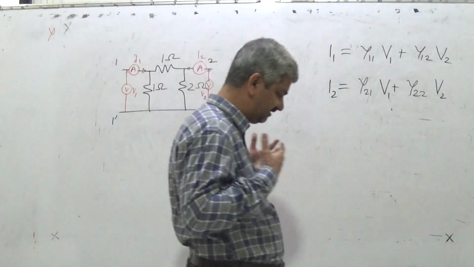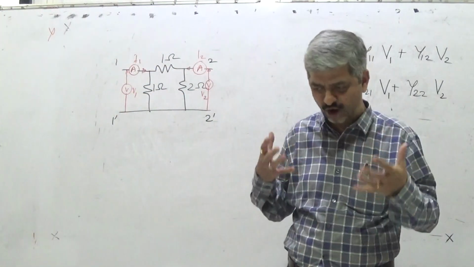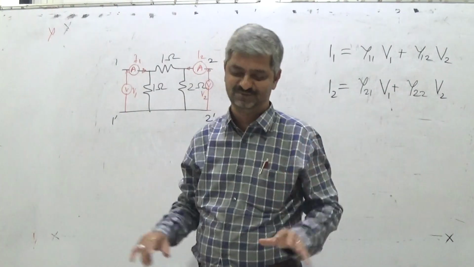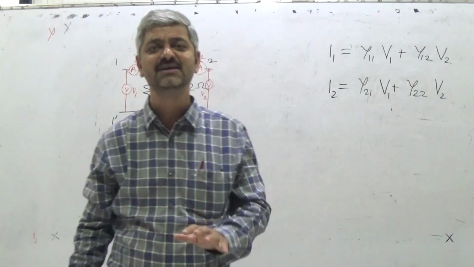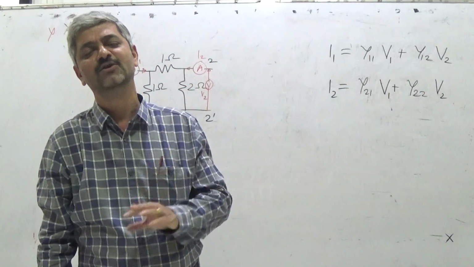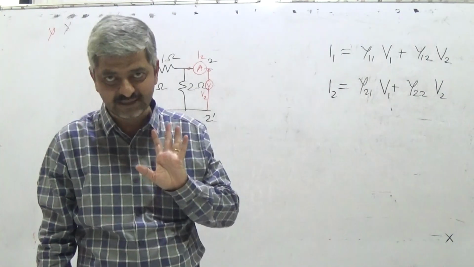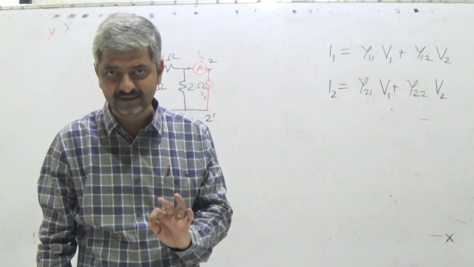Suppose it is said that you are such an extraordinary person who is able to think about all 4 parameters simultaneously, that is an exception. So when a question is asked, what will a normal person do? A normal person will find the parameters one by one. Is the idea clear?